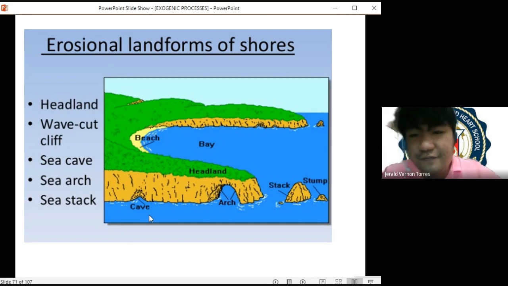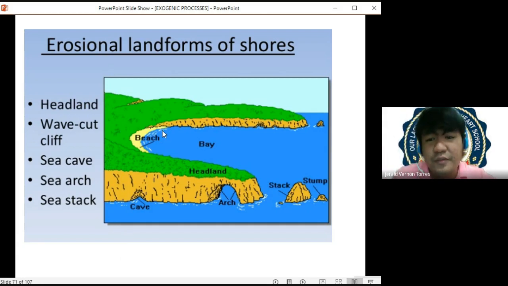So if you would observe, there is a concave formation here. It's due to the fact that these are harder rocks with a slow erosional rate compared to here in the middle, which is comprised of soft rocks. And because of that, we have a bay forming, no? And this bay is this structure in between discordant rocks.